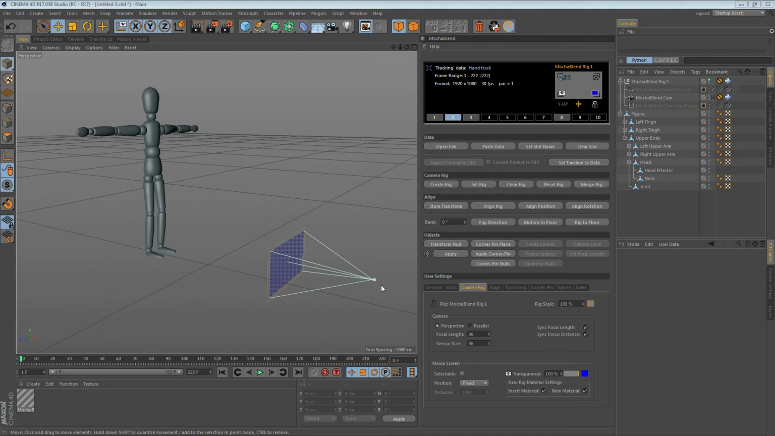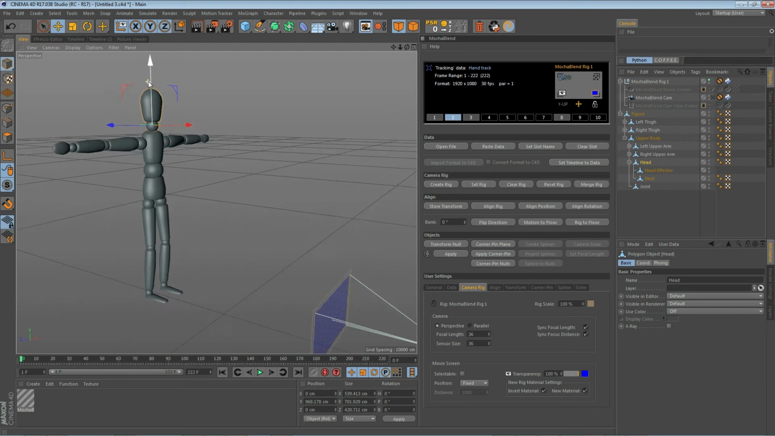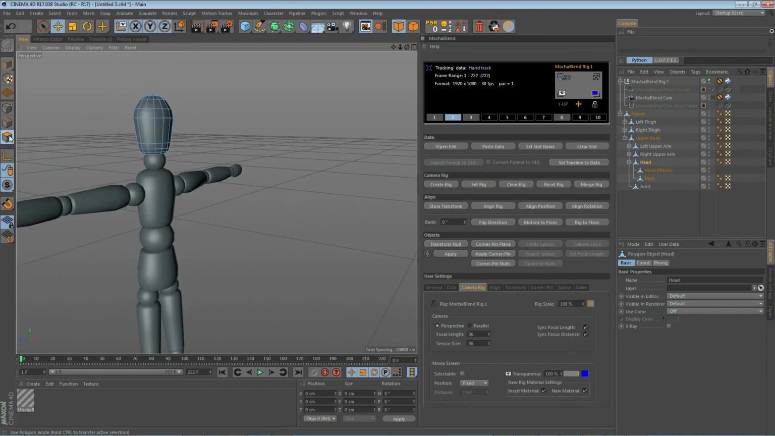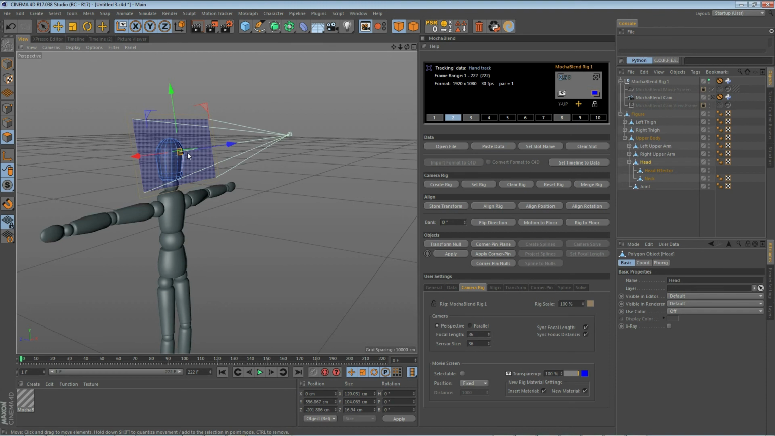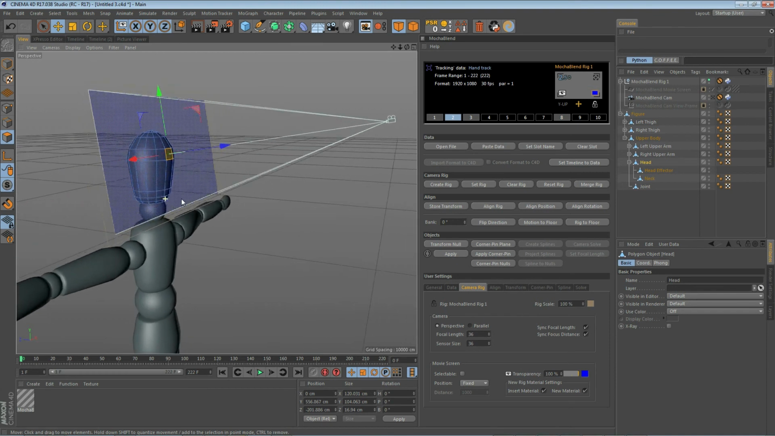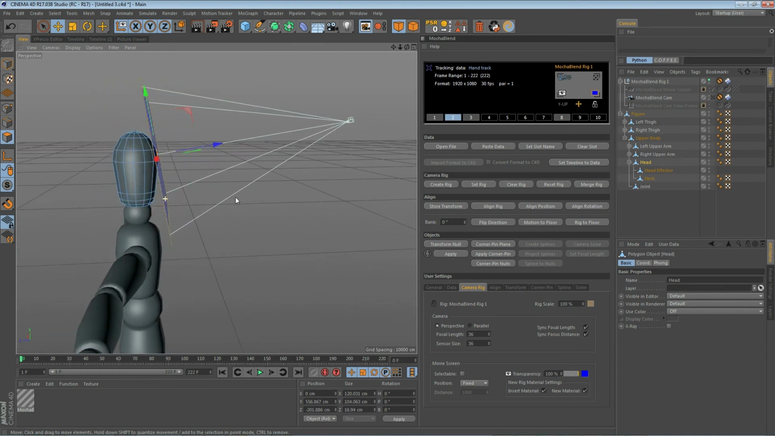Now sometimes you don't want to align your rig to a particular object, you want to align your rig data. Let me show you the difference. Let's go ahead and select the head of this figure. We'll go ahead and zoom in on it a little bit and go into Face Select mode. If we select a face and store that transform and then click on Align Rig, you'll see MochaBlend has aligned the rig so the face is sitting right on the plane of the rig, not just the location, but also